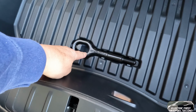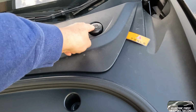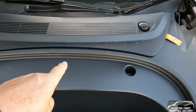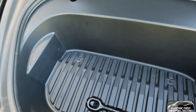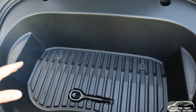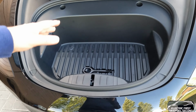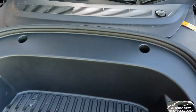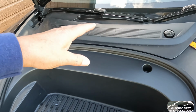Hopefully I'll never use that, which goes in here. Filler there for your washer wiper. This is slightly smaller now on the 2022. Although still very good, you know, you could put your ice in there and your beers and you could have a good old booze up down the local park if you wanted to. Don't drink and drive. But yes, it is slightly smaller because now around this area is the heat pump or